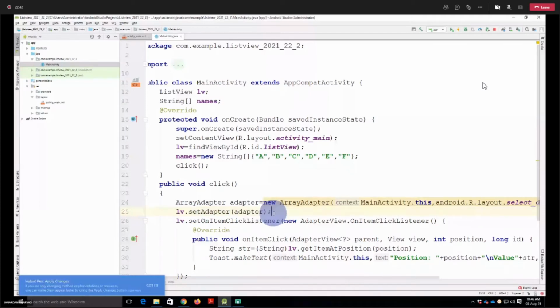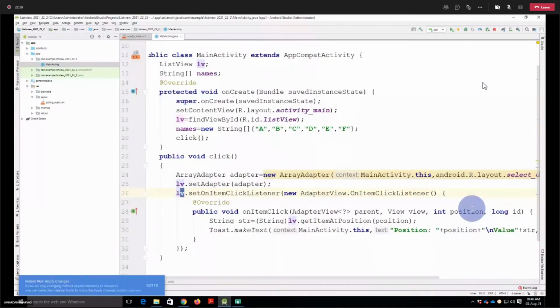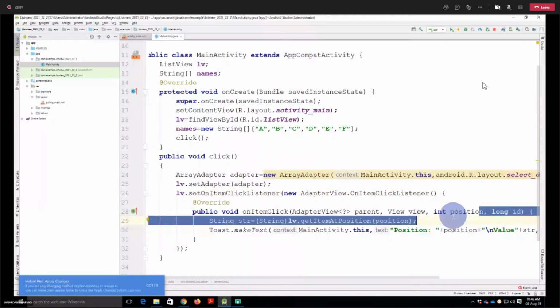Now what I want is, when I click on a particular item, I want to perform some task. So that's why we need a listener, which is set on item click listener, on the list view. We have a position variable directly available here so that we can print it directly.